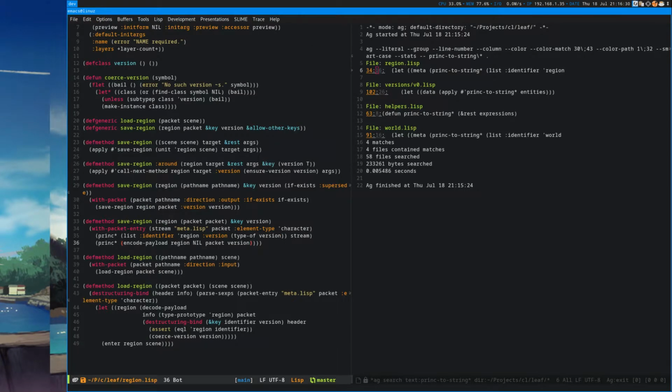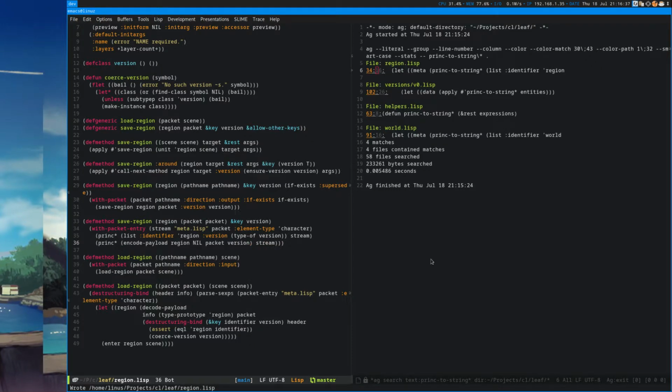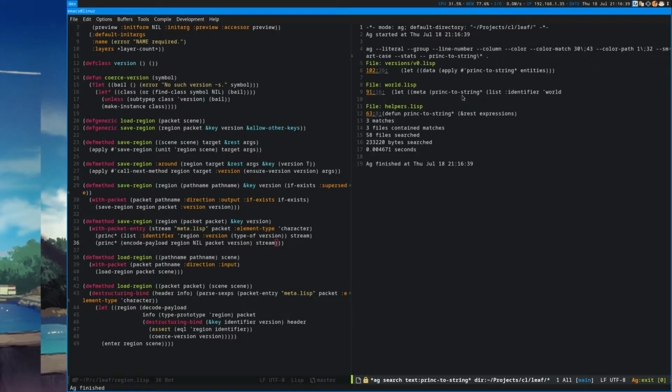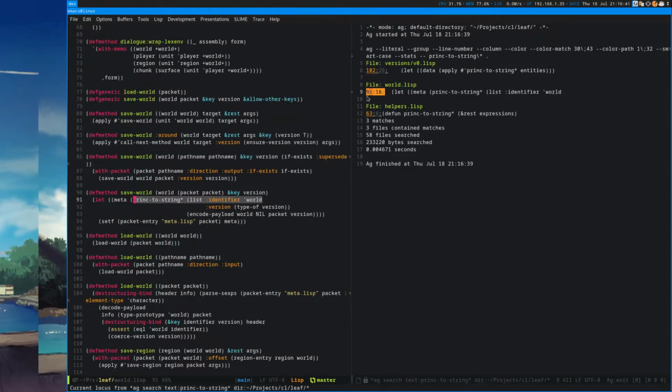How did this used to work? No, wait, this is correct. Okay, this is fine. Yep, good. So many things to do and change and revert and all of those things.